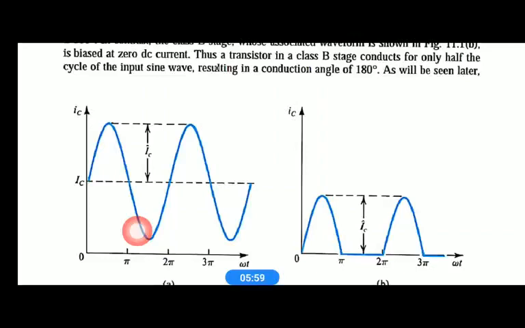We don't want to destroy the shape of the input, so if you apply a bias which is more than the applied signal IC,